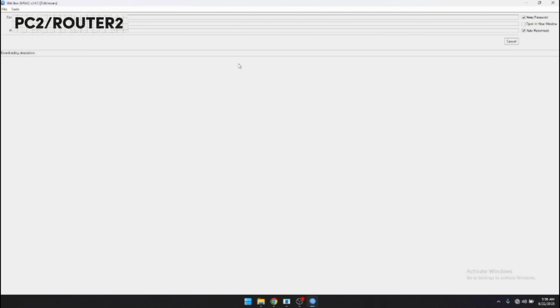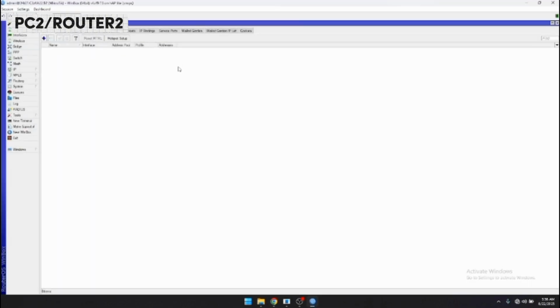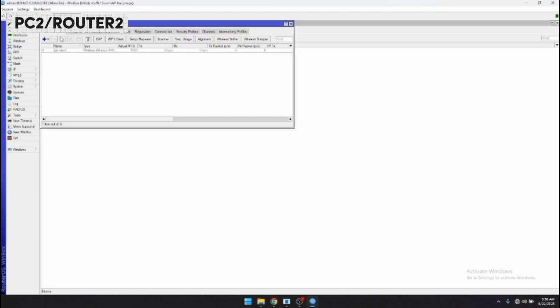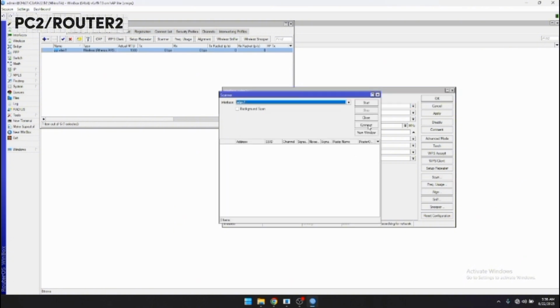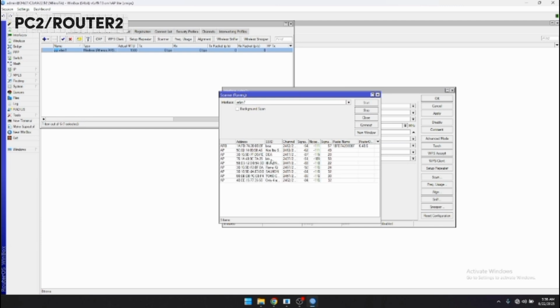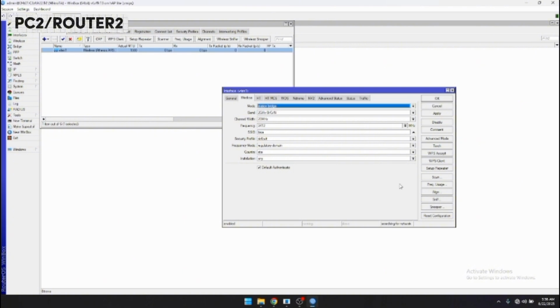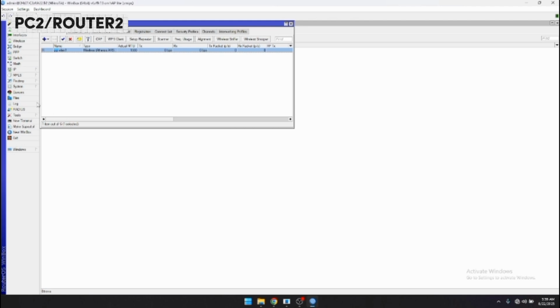Here I am explaining my assessment this week. The first, you activate WLAN 1 and then you scan. After this you must start and then you connect to router 1, and then apply and okay.